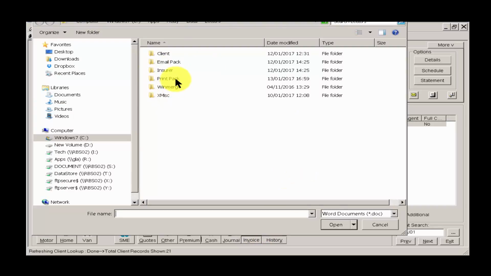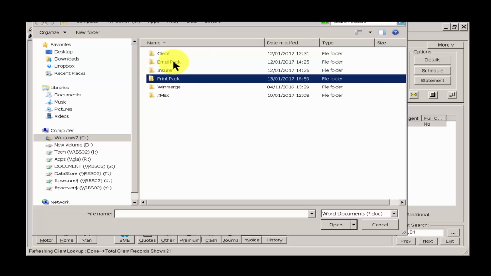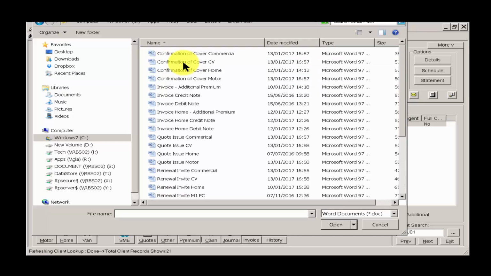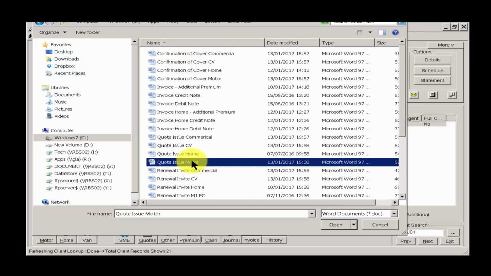I go into either my print pack or an email pack. If you do have both options available, the way they differ normally is that a print pack wouldn't include a header and footer on your front pages because you use headed paper, whereas an email pack would. An email pack pulls in your header and your footer, and the idea is you can email it off. So if I click on email pack and quote issue motor,